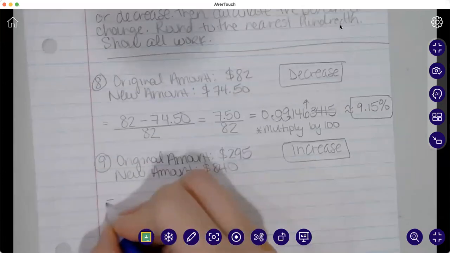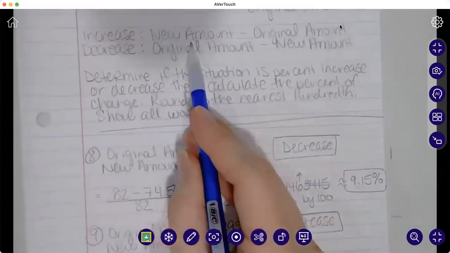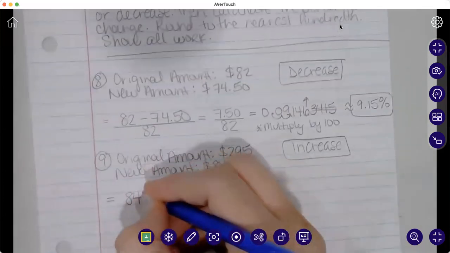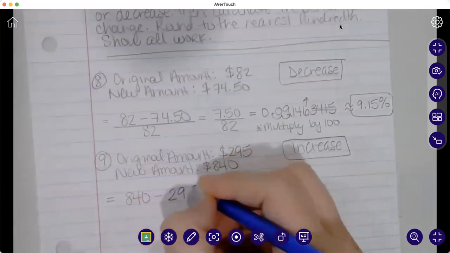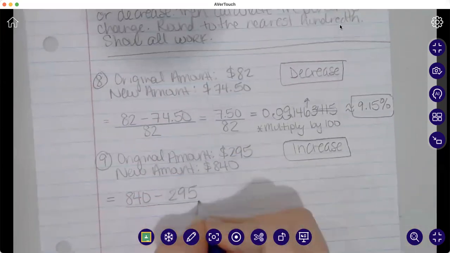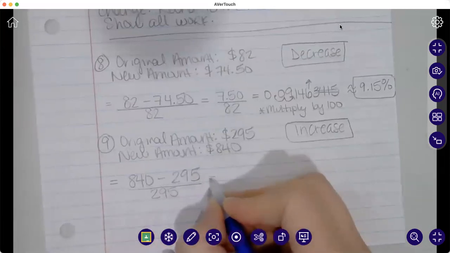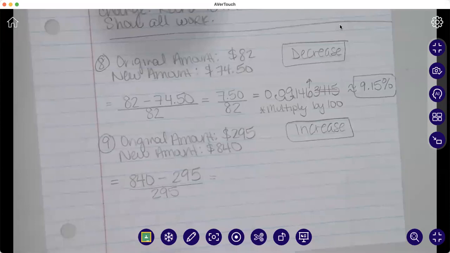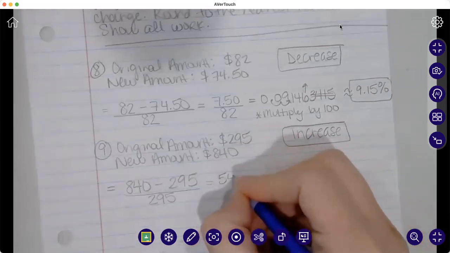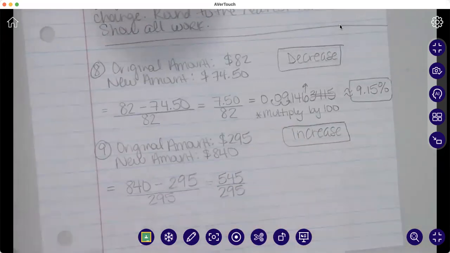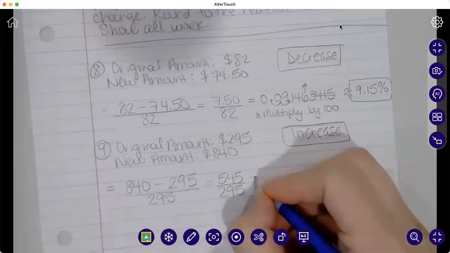So therefore, when we do an increase, we're going to take the new amount and subtract the original amount. So 840 minus 295. But we always divide by the original. So I'm going to divide by 295. So 840 minus 295 gives me 545. And when I divide by 295, I get